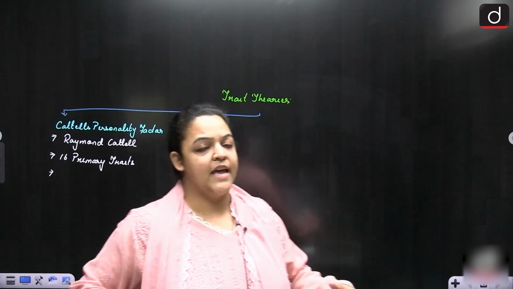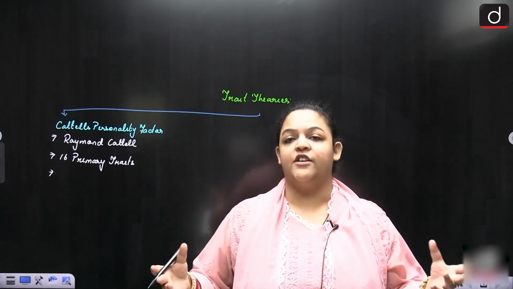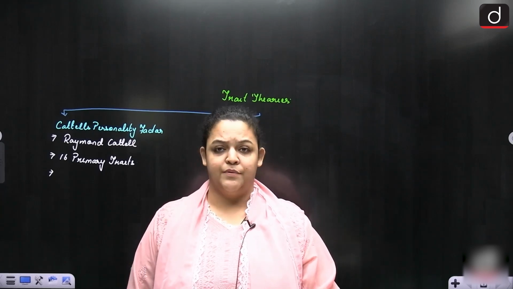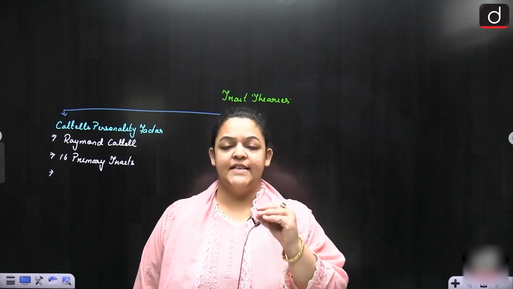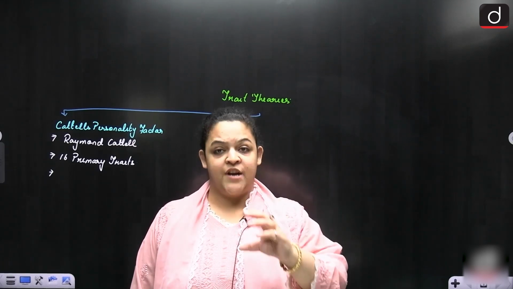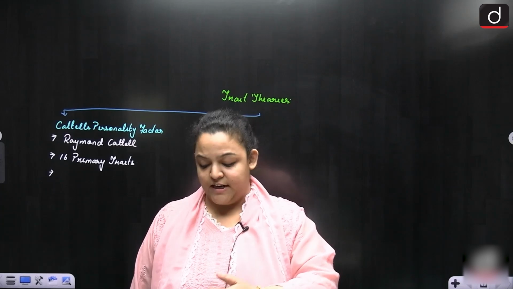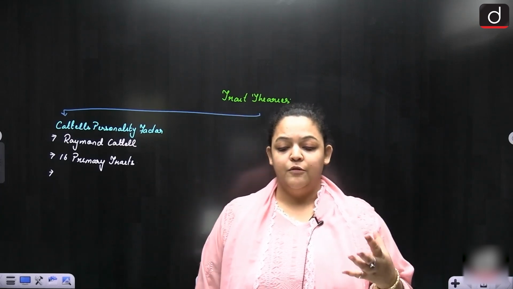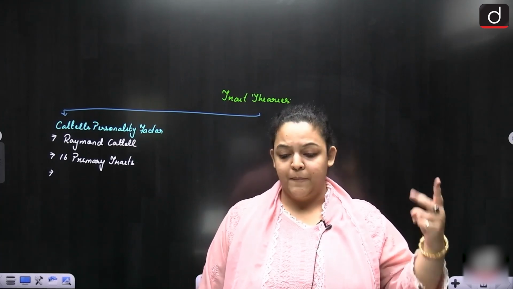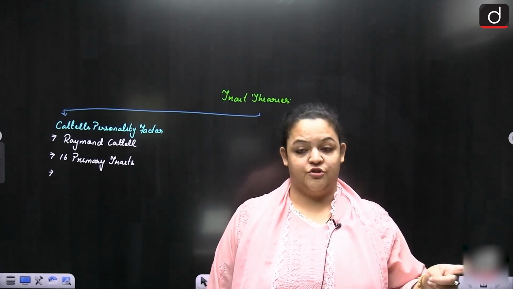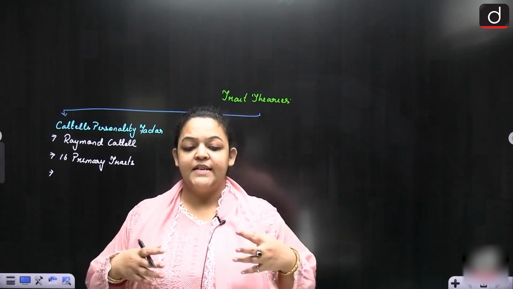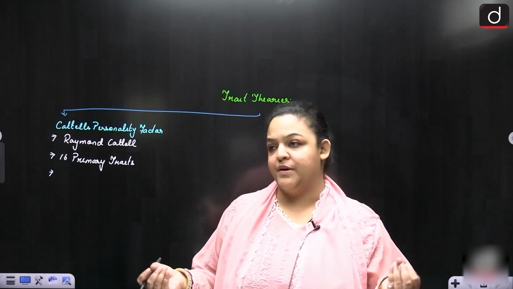We are not saying that this is the scientific truth. Fine. You can have as many traits as possible, isn't it? So he says that there are 16 primary stable traits in an individual. You'll understand what I'm trying to say over here. So now, what he says is there are two types of traits. Okay. One, you have the source trait, which is stable, and these are the building blocks of personality.